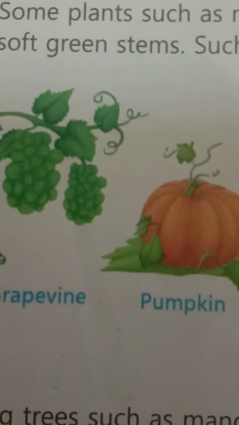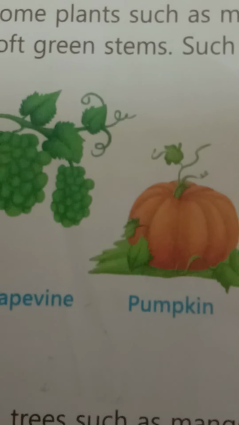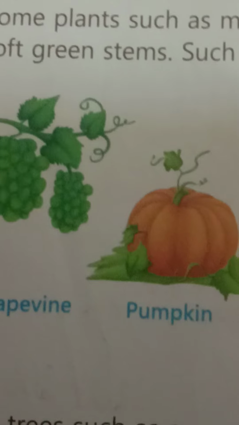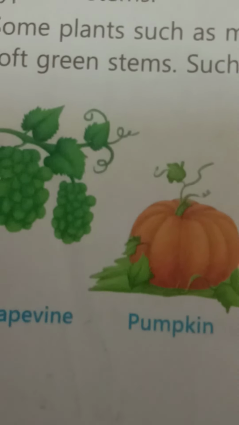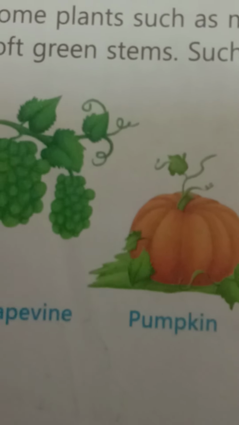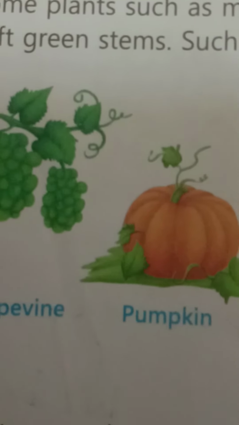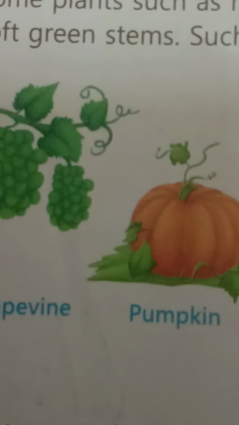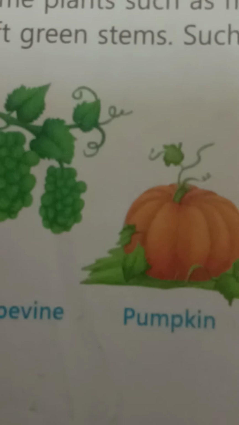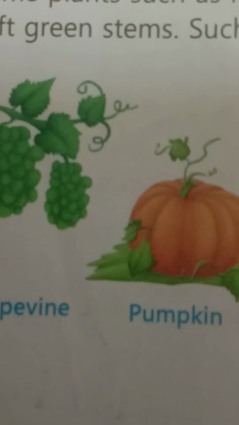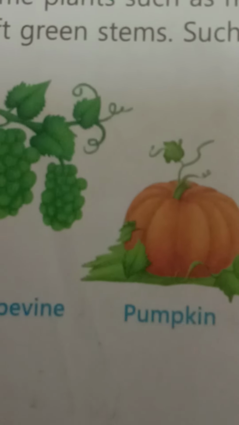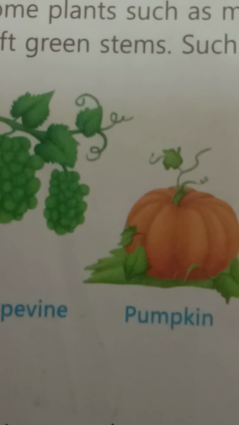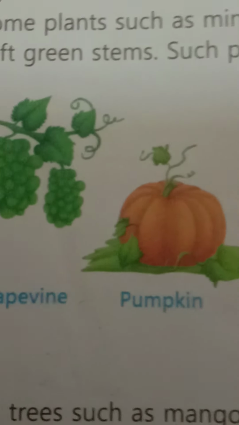Now student, second is climber. Climbers are plants with a tender stem which grow with the help of external support. These plants produce a twig or hook from their leaves to climb. Some plants produce special roots that serve as a holdfast to climb around certain objects. Examples of climbers: pea plant, grapevine, money plant, etc.